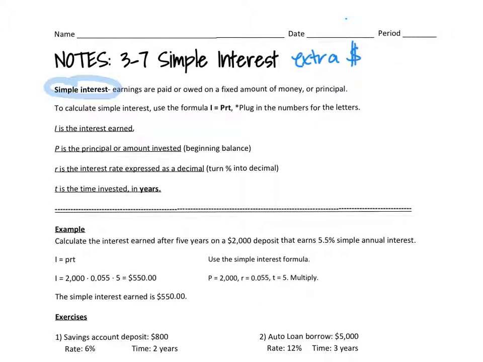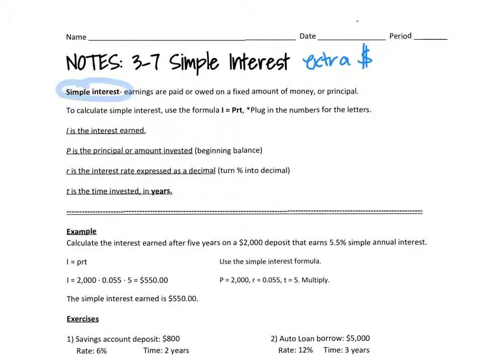car, a used car, and they're going to let you borrow the money, but they expect you to pay it back. And they're going to require that you pay it back according to interest that's going to accrue, some certain amount of interest. And so when you go back to pay your car back, depending on how long it takes you and what percent your rate is, you're going to be paying more than $10,000 back to the bank because of interest. On the flip side of that, if you